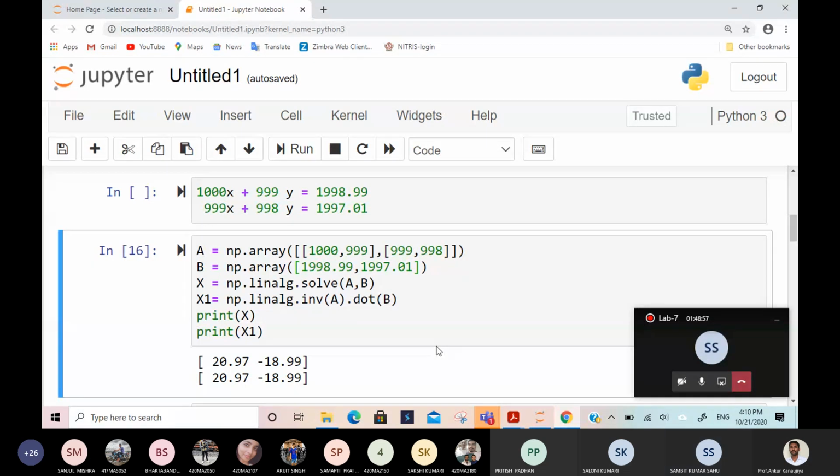You can check. First check whether this is correct or not. Put it in the first equation and see if you are getting the right hand side. Wrong, sir. Just put it and see whether it is wrong or not. This 20.97 multiplied by 1000 gives 20970, minus 18.99 into 999.